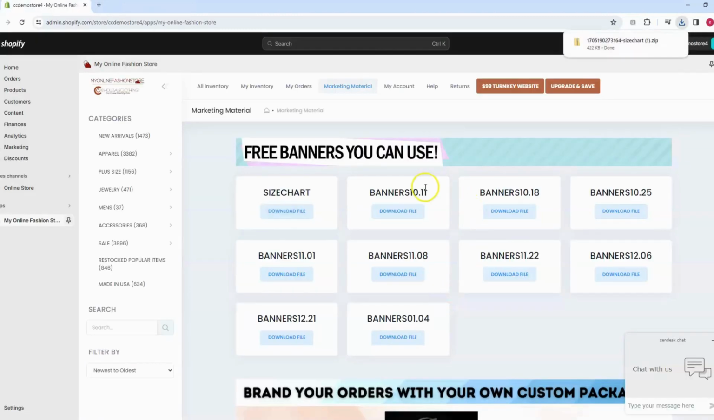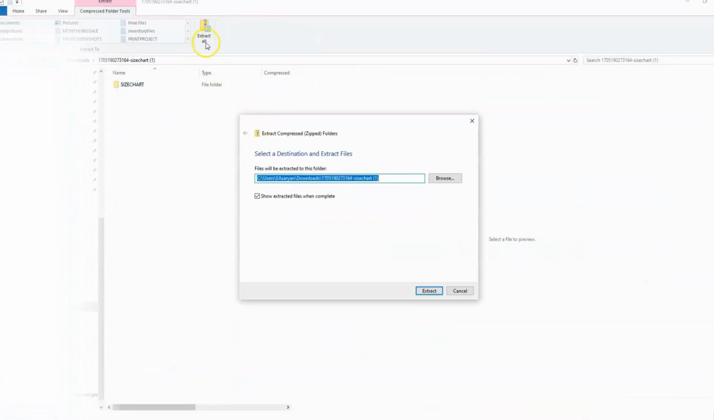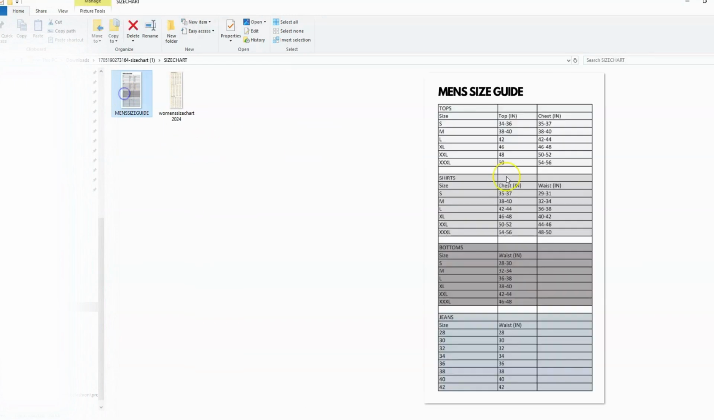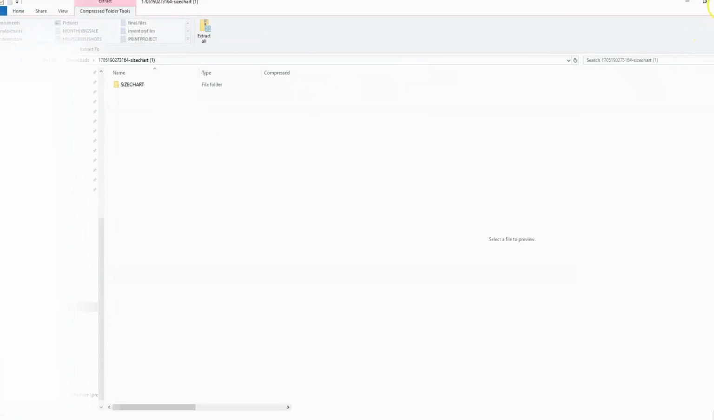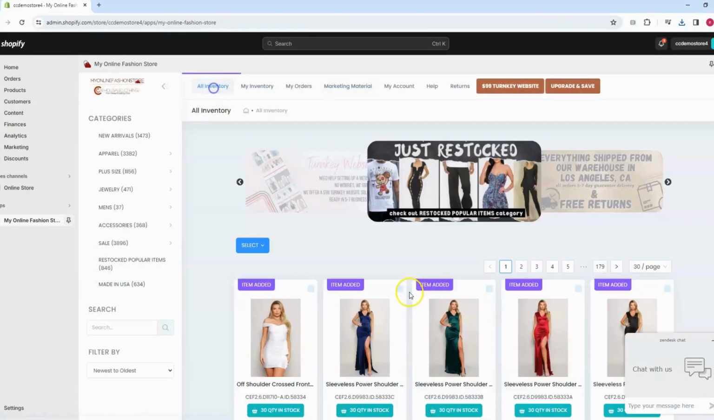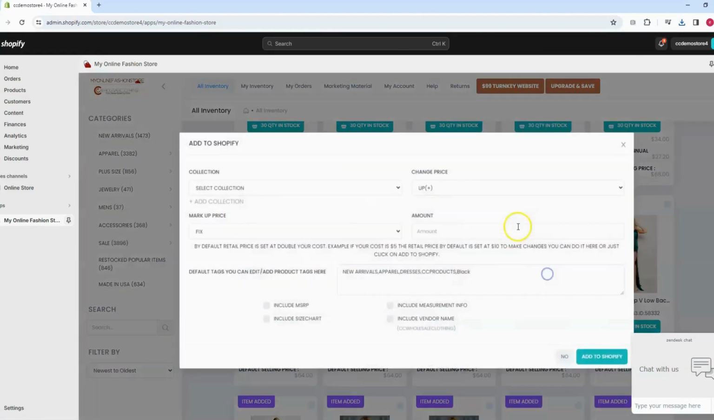Let's just do an example here. So you download, it'll get downloaded to your desktop. You just need to extract the file, so you'll be able to see the files itself. So we have a men's size guide and we have a women's size guide. So this will get downloaded to your desktop and you can use it however you want. Just keep in mind when you're adding items to your store,